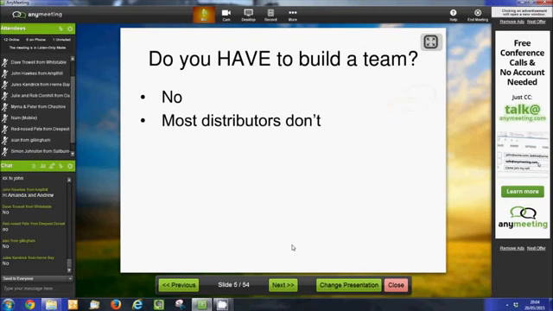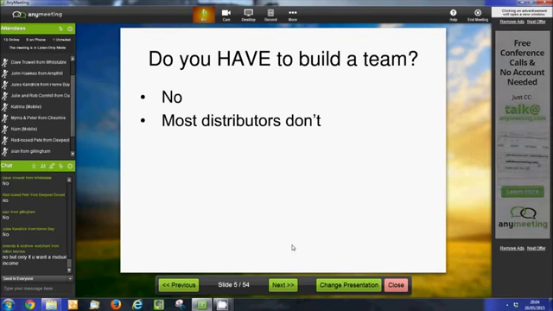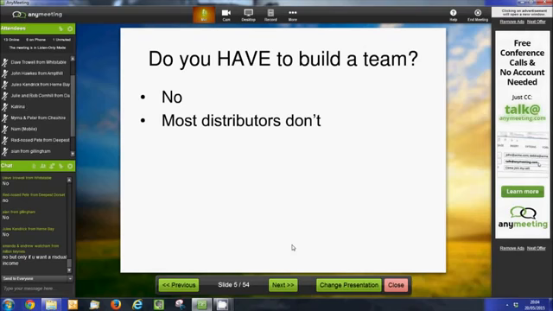And that's right. In fact, most distributors don't team build. I would say probably 90% of distributors join Kleeneze not because they want to team build, but because they're just looking to earn a bit of extra money. And the quickest and easiest way to do that is to start off doing the catalogue, the retail side, the catalogue delivery, and the Facebook selling. So most distributors don't team build. A lot of people join, start doing the retail, and are happy with that.